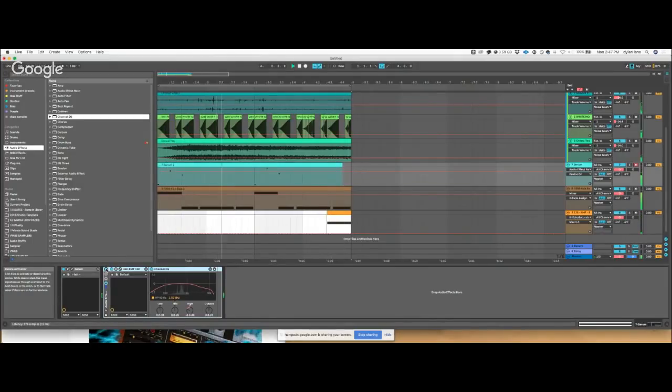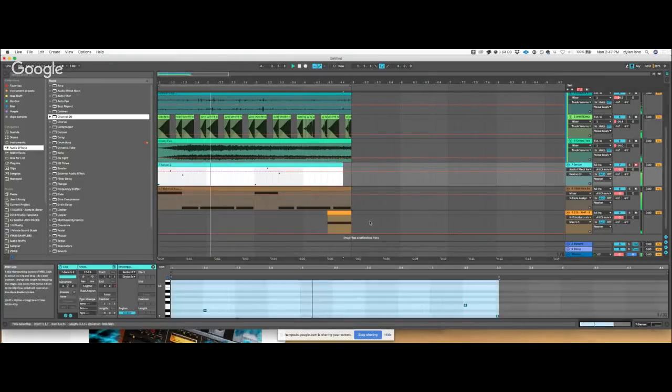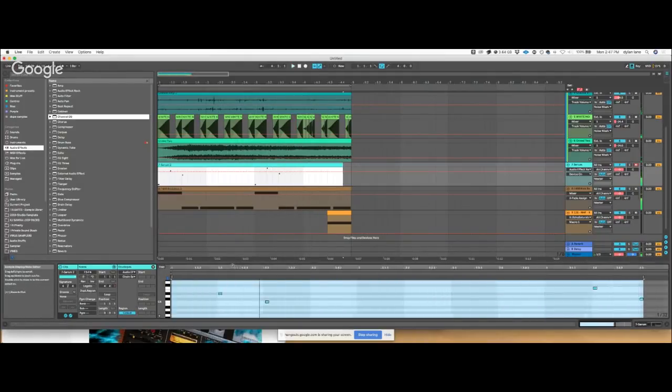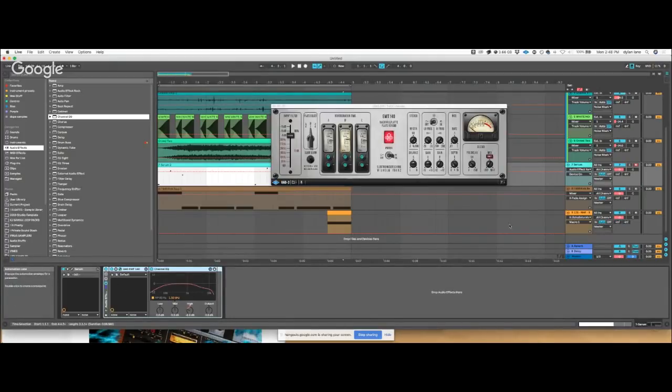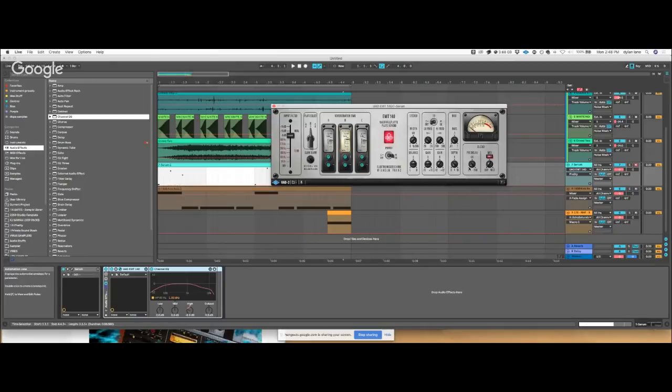Like you see how it just tucks it into the mix? Yeah. And then if you want to protect the transients on most reverbs, you can use this pre-delay parameter, and that makes a delay before the reverb actually kicks in. And most natural reverbs have that, because it's like the distance between you and the walls or whatever. Gotcha. So if I turn this up to like 50 milliseconds,